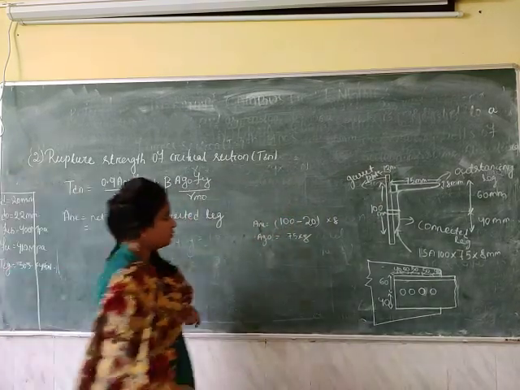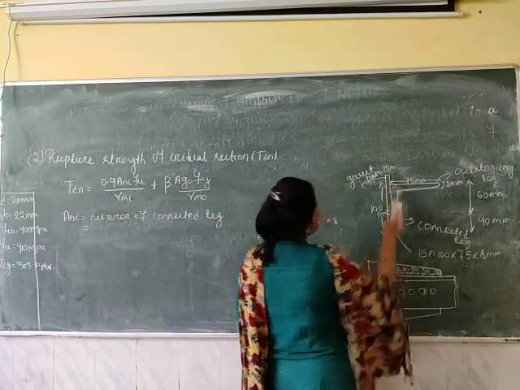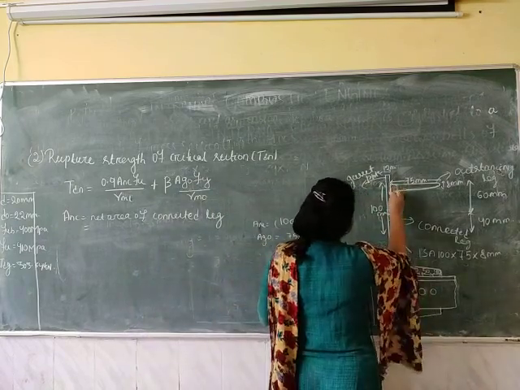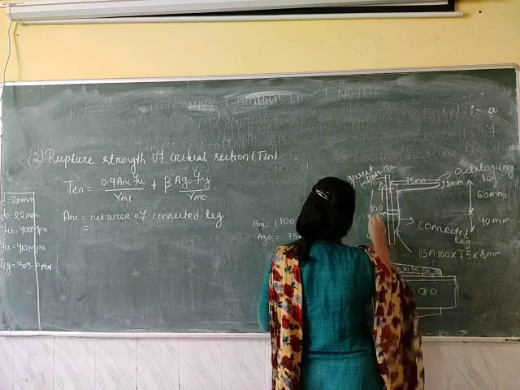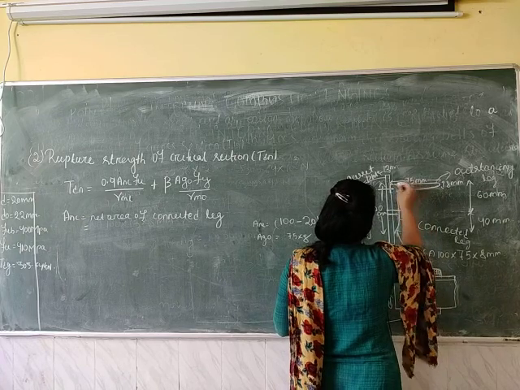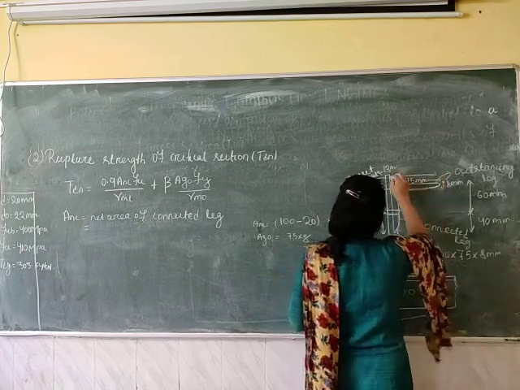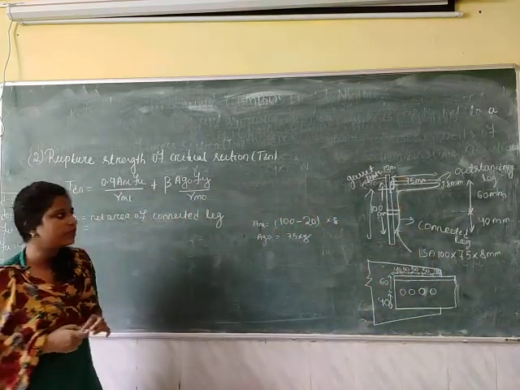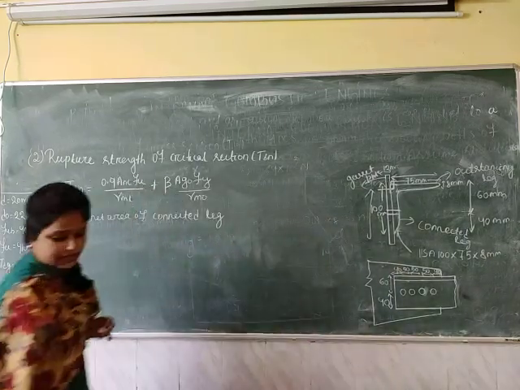So we will take the length up to this center. So this length we will take, and for the outstanding leg also we will take up to this center. We will take this length, as here that portion is coming twice. So here the net area of the connected leg will be